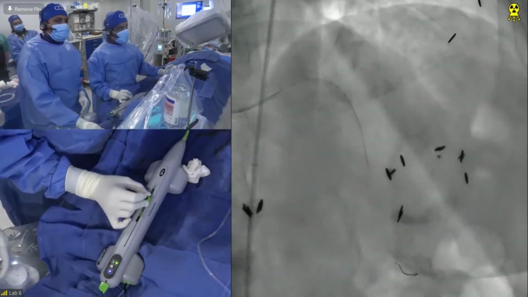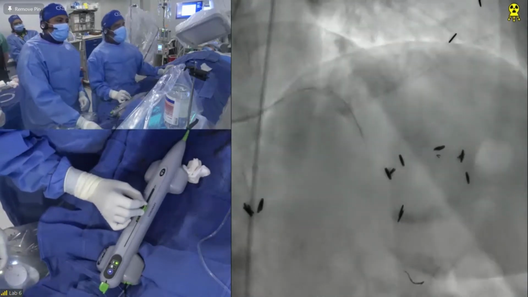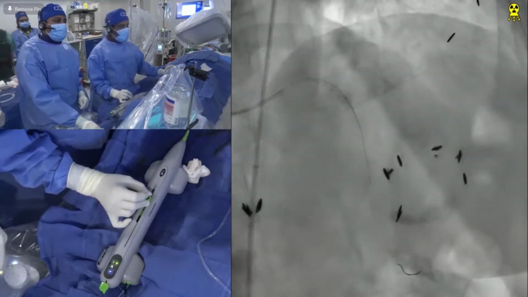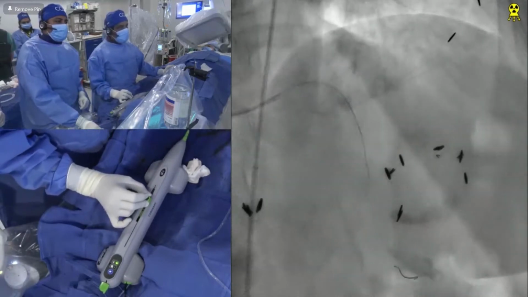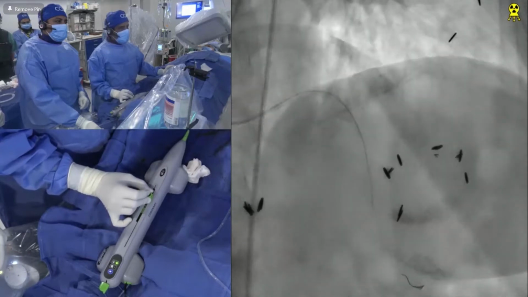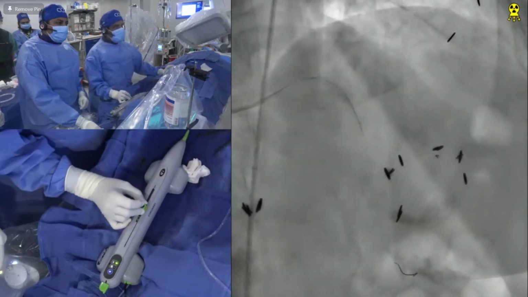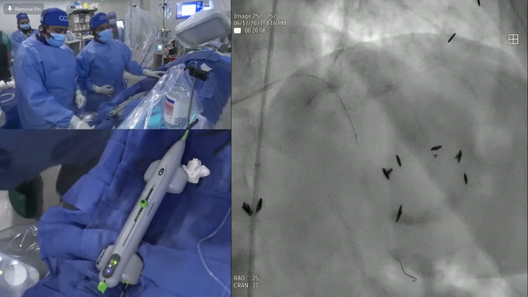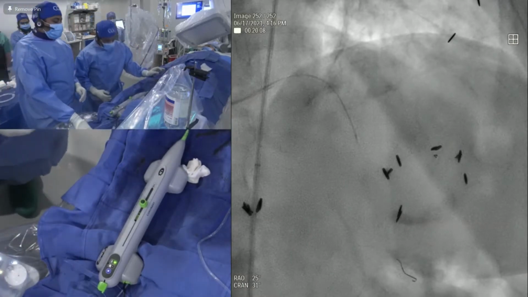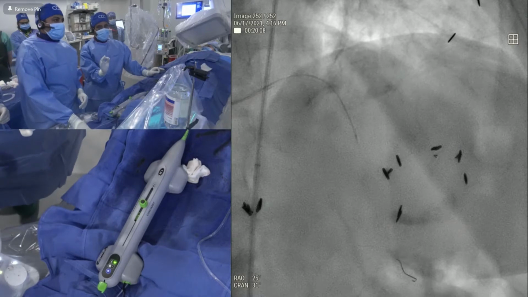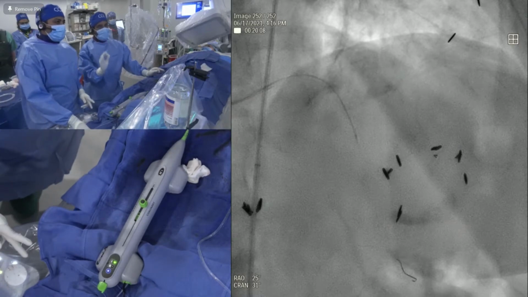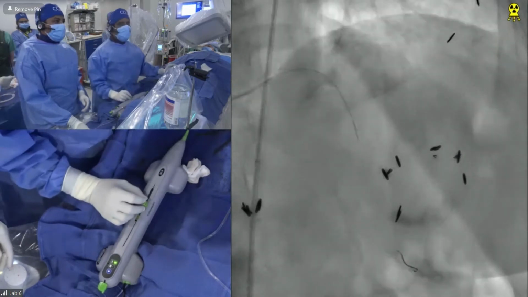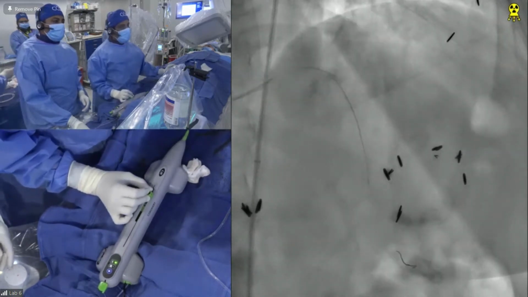I would say that run should be about 25 seconds anyway. And in between, you try to give a gap of 10 to 20 seconds, which we do for atherectomy. We try to keep 20-second runs as much as possible, for rotational as well as orbital atherectomy, and you give a gap of 10 to 20 seconds in between. Based on pressure, you need to give the medicine and make sure there is no hypotension.